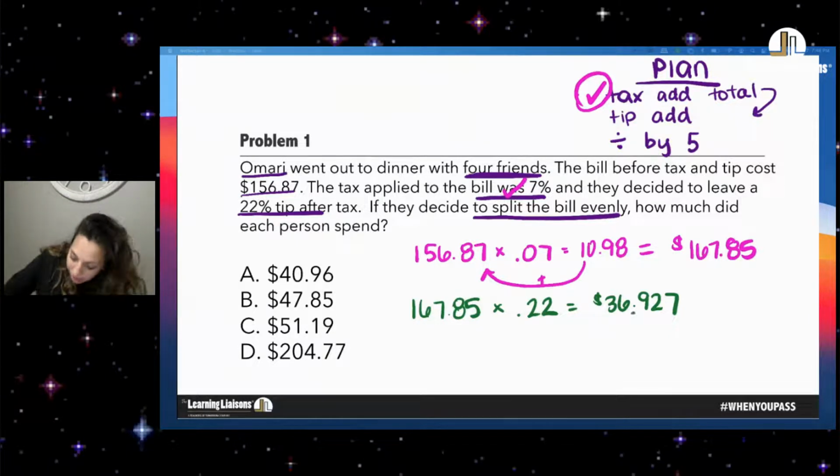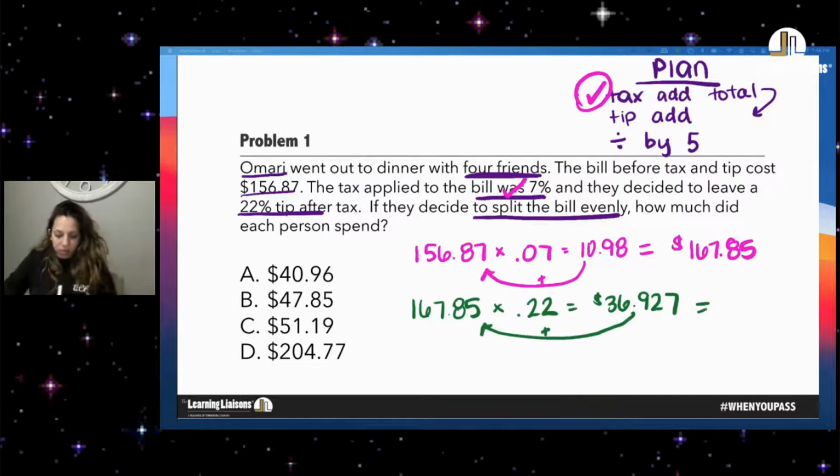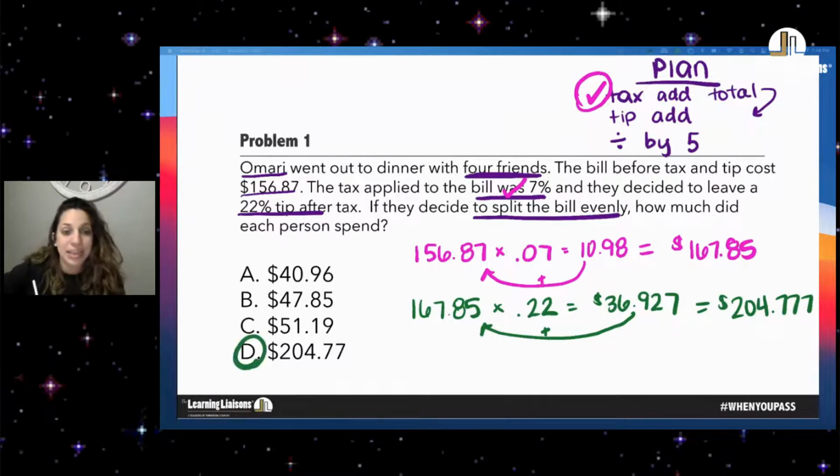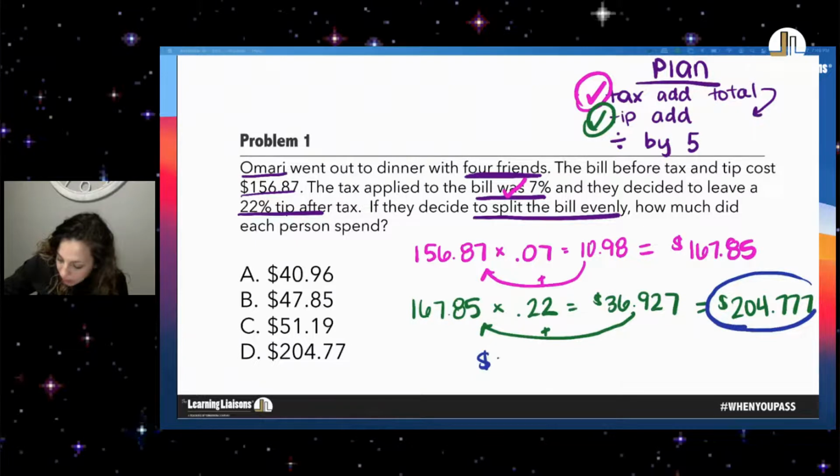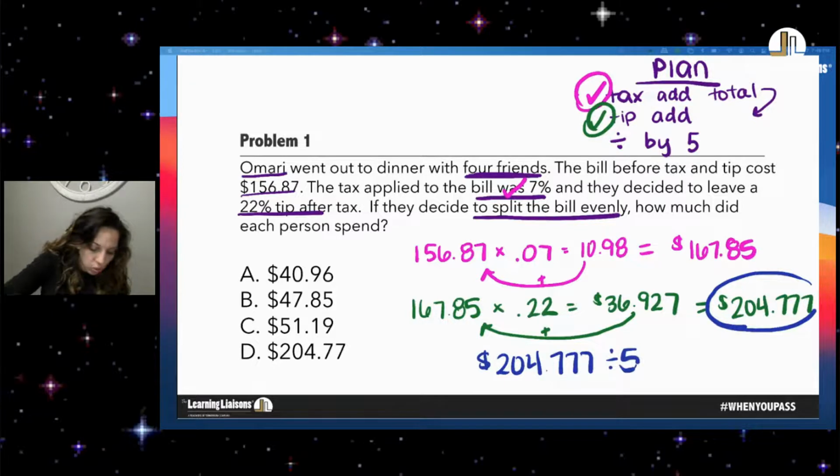So then we're going to add that to our total. And we get $204.77 with a partial cent. Immediately, someone is going to recognize that as one of the answer choices and choose D. But remember, we are not done yet. We have to now divide our bill by 5. So now I have to take this bill and divide it by 5 friends, which is going to give me